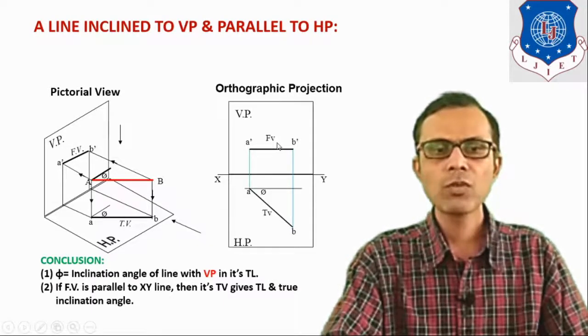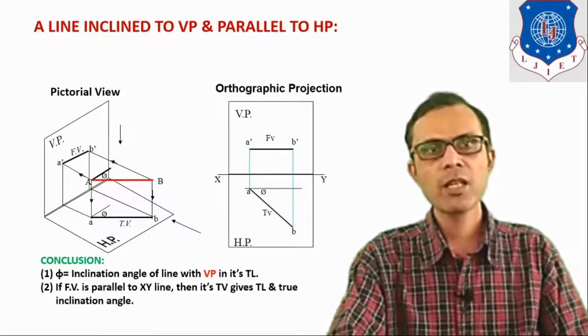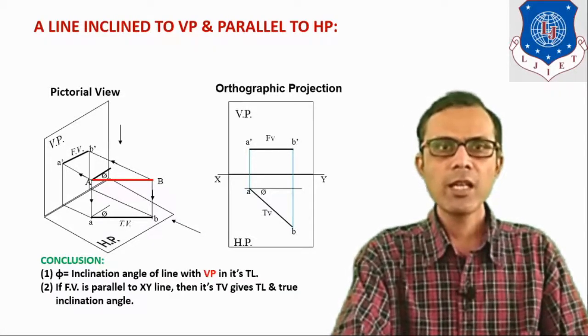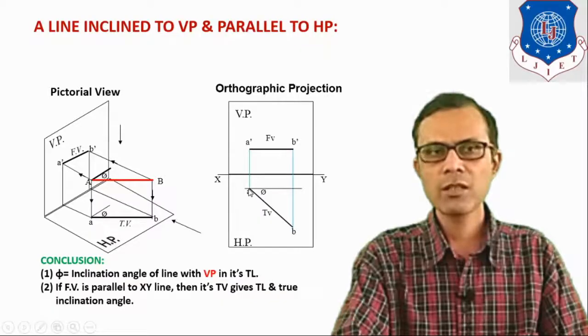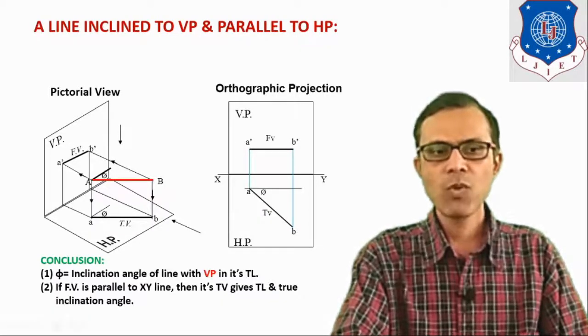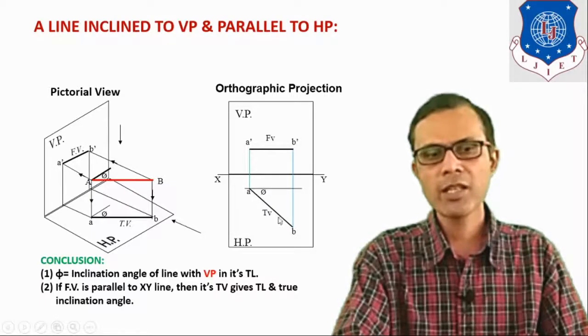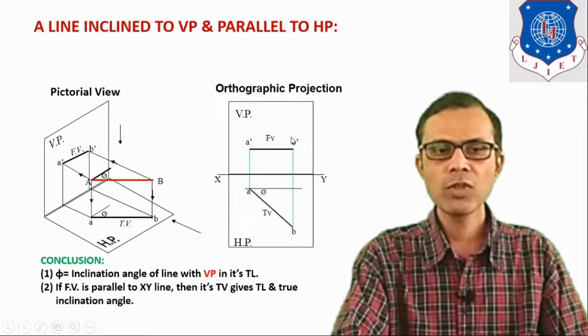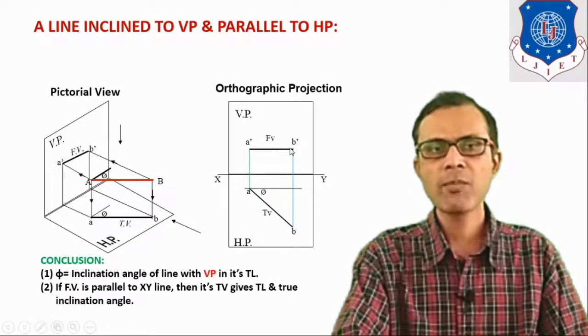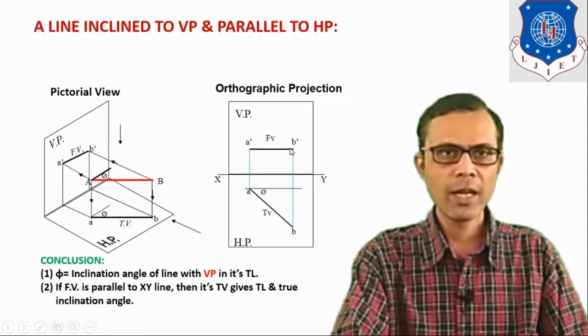Now for orthographic projection, HP is rotated by 90 degrees in clockwise direction. So this view, the top view, is shown here. Point A is first noted here, and from this point with inclination angle phi, whatever value is given, this line AB is drawn, and the length of this line AB is equal to the true length. From A and B, draw the projection lines. This distance is the above HP distance, and it is A dash B dash, the front view of the given line.